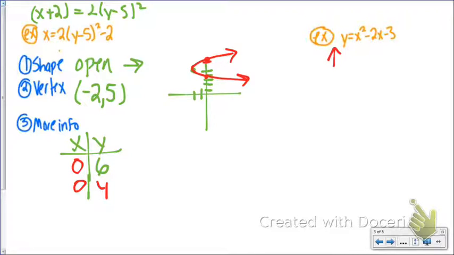Now there's 2 ways we can do this. One is we can go ahead and put this equation in standard form. If you want to put this equation in standard form, you're going to need to do what's called completing the square. And it may have been a little while since you guys have done this, but we'll review it real quick in case you guys do want to use it this way. So what I would do is I'm going to go ahead and